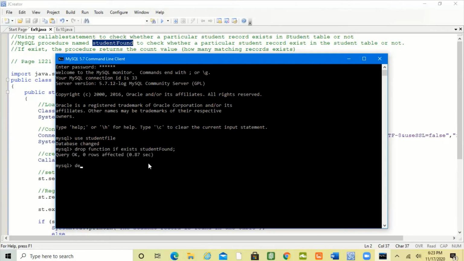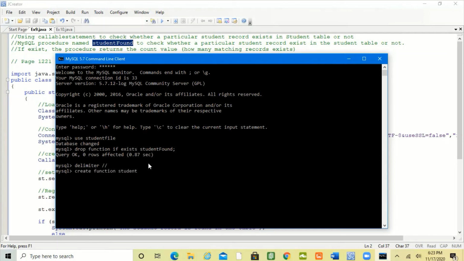Now I'm going to change the delimiter. Whenever we write a statement, we end with a semicolon. So that delimiter I'm going to change to double slash. Now it's changed. Now create the function. Function means the stored procedure.